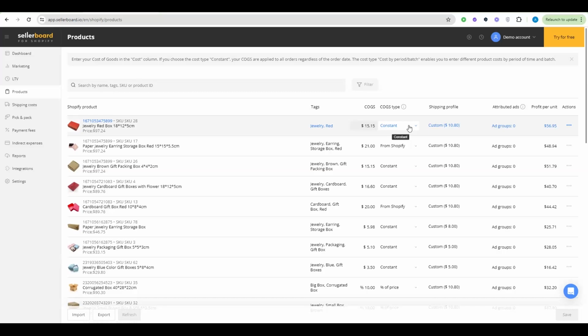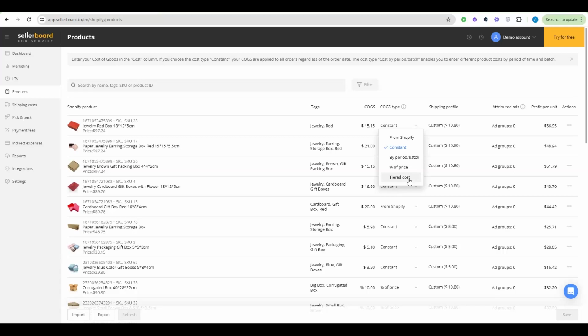We have options for private label sellers, as well as wholesale sellers and drop shippers. So all of the business models can fine tune the tool to their specific needs. For instance, having different options to input your cost of goods is one of the ways that we give this flexibility. You can choose to import your cost of goods sold from Shopify, input it as a constant, do it by period or batch, or maybe if you're a drop shipper, then the percentage of price or a tiered cost will be a more appropriate model for you.